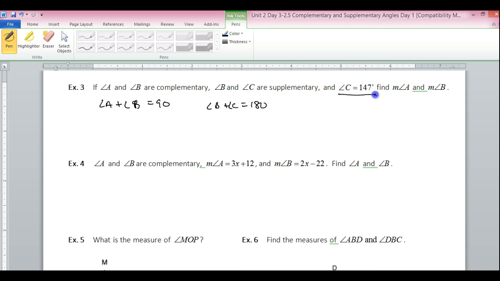If angle C is 147 degrees, let's substitute that value in here. Angle B plus 147 equals 180. If I solve for B, subtract 147, you get 33 degrees for B. So we know B is 33 degrees. Now we can take this value of B and substitute it in over here. So angle A